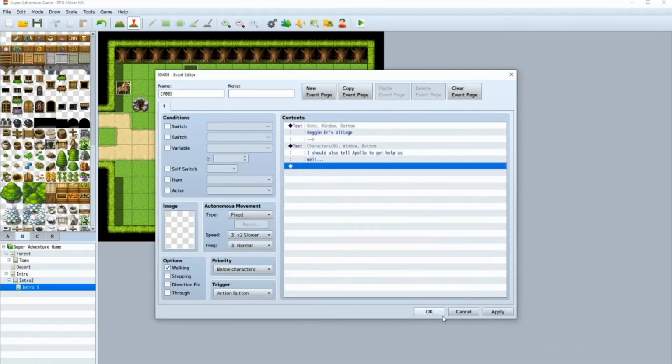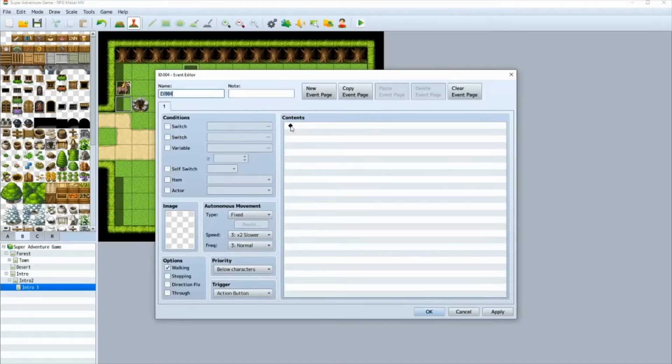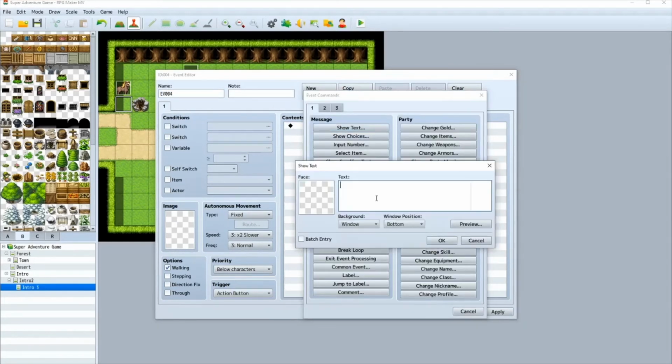Alright. Okay. And that'll bring the player to here, probably. Or here probably. And we'll say, "Apollo, can you please tell the local lords"